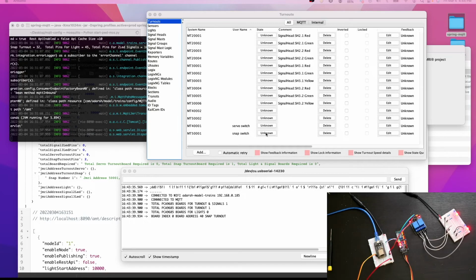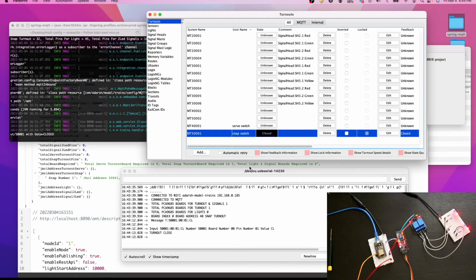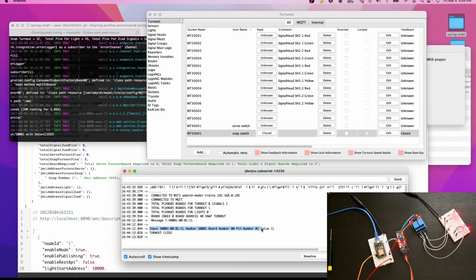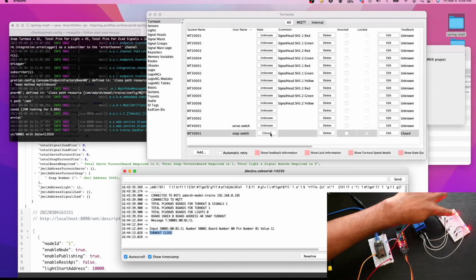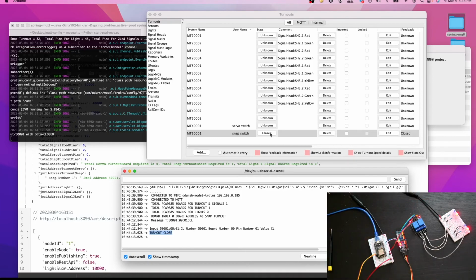Now we'll test the implementation here. You can see the message which is posted from our application. This was a message which came from MQTT. This is what our application has received. After executing, it will say turnout closed, and here is the turnout closed. But I just want to show you that while throwing, for a second it will go to blue and then come back to red.